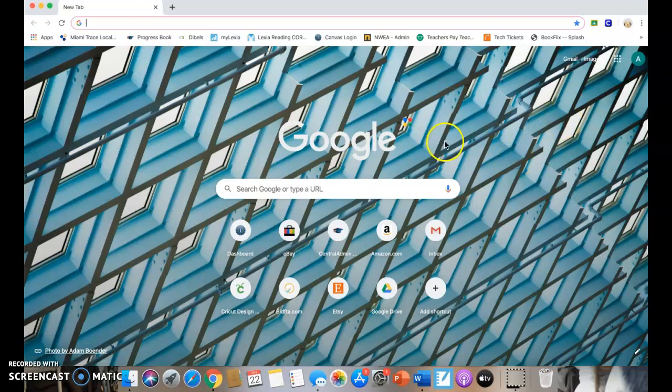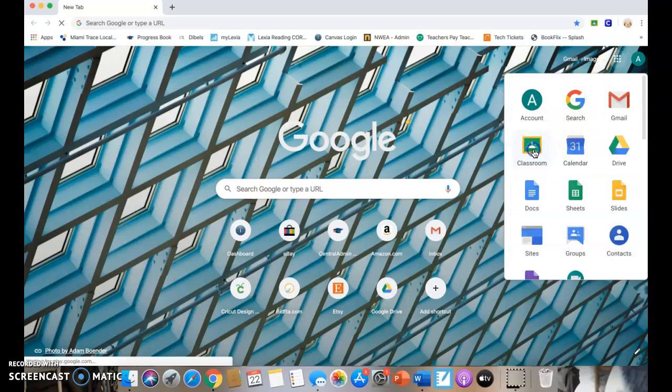All right, boys and girls, today we are going to learn how to use two new online tools in our classroom. The first tool that we are going to explore is called Freckle. To access both of these tools, you will access them through Google Classroom. So you will go up here to Google Apps, you will choose Classroom,